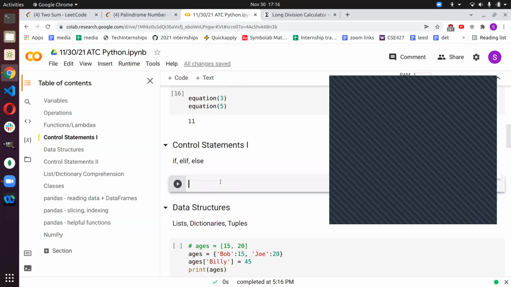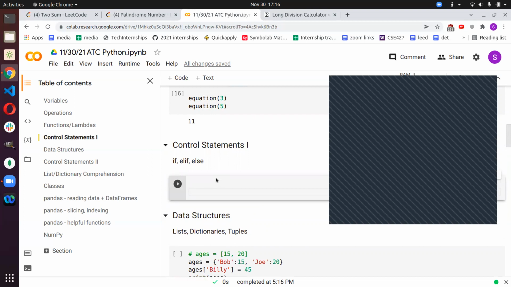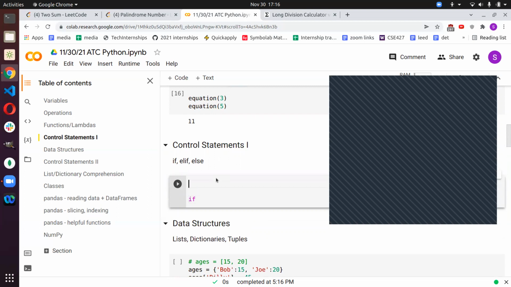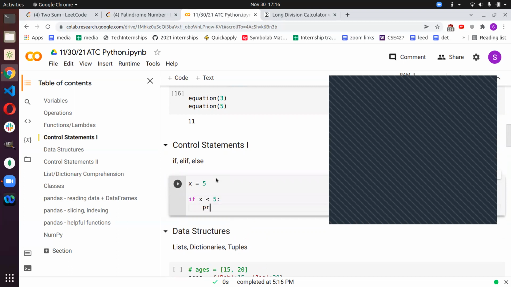Once you start programming more, you'll see why you use lambdas. And so let's have a control statement. If, else if, and else, just treat it as English. So like if something, something. Let's just do x equals 5. If x is less than 5, you want to print x is less than 5. And then